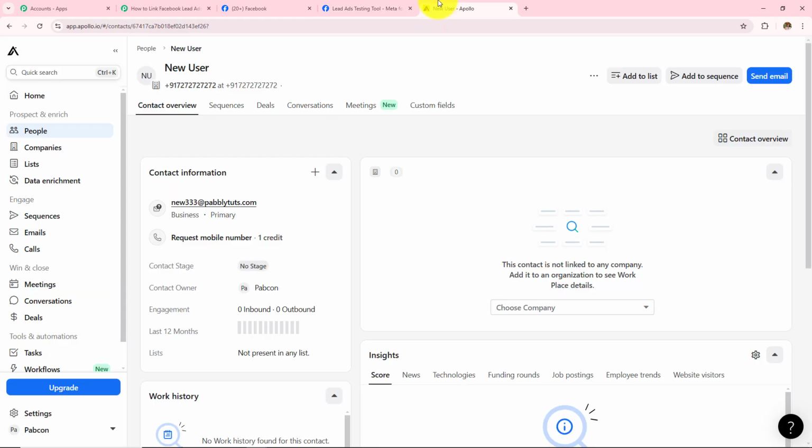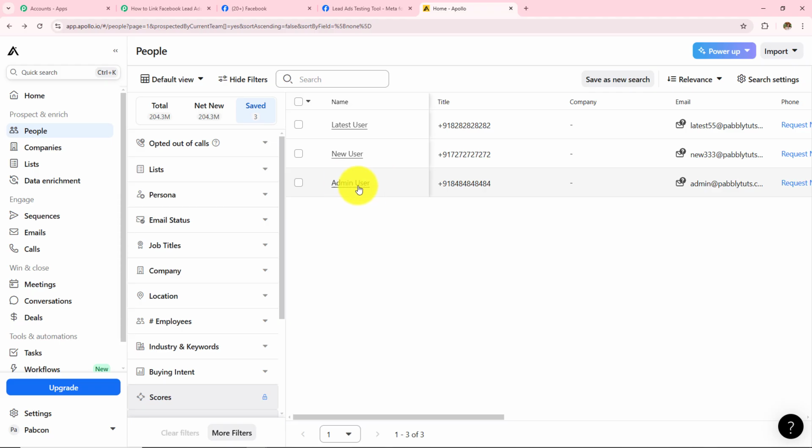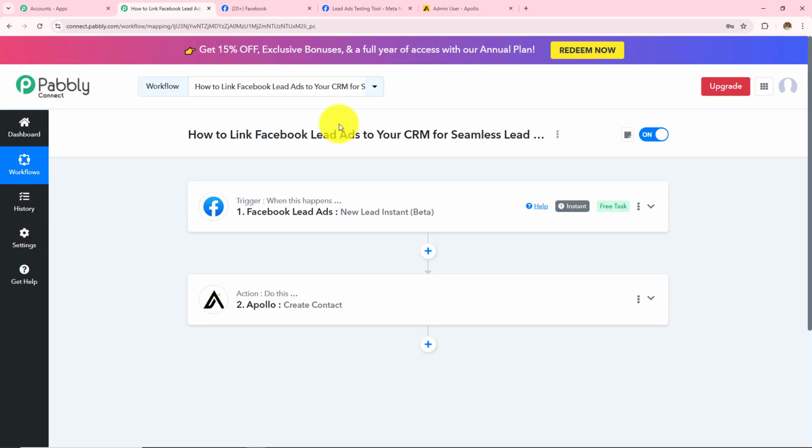So let's open my account. Let's go back. And here I can see that I have created this also. The name was admin user, the phone number was this, and then this was the email address admin@pabblytudes.com. Now to summarize, we took Facebook lead ads as our trigger application where we made connection with Pabbly Connect